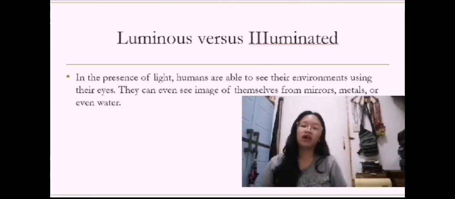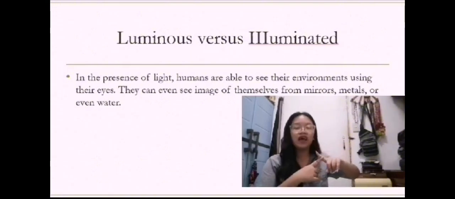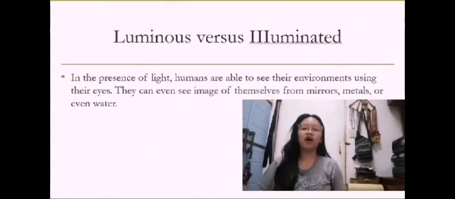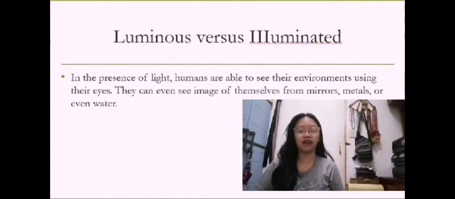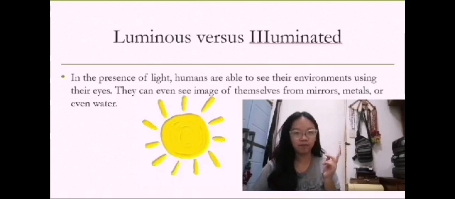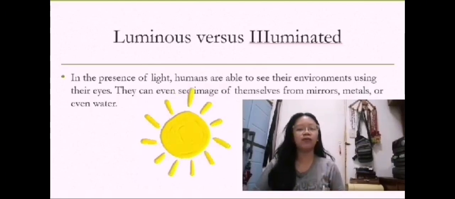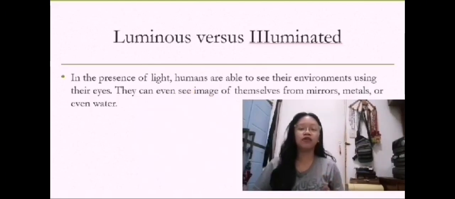Generally, these objects can be categorized into two: luminous and illuminated. Luminous objects are objects which can produce their own light, while illuminated objects don't produce their own light but instead reflect light rays from other light sources. The most well-known luminous object is the sun. Because of the light rays produced by the sun, objects do not produce their own light but instead reflect light